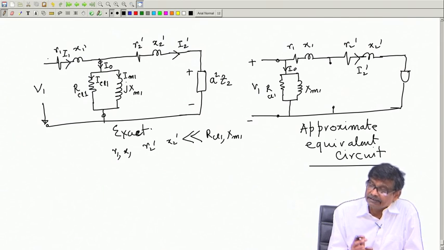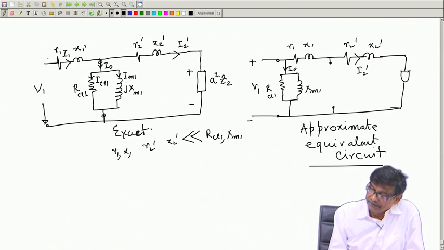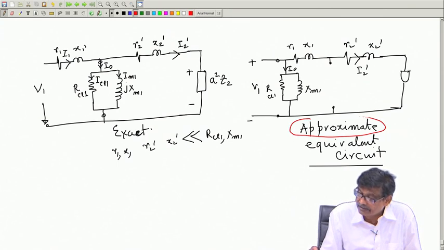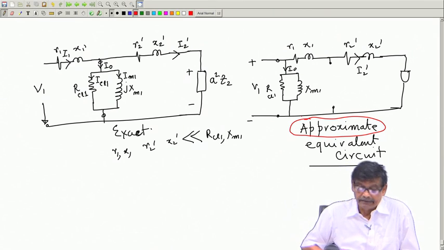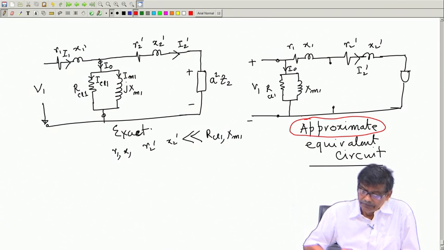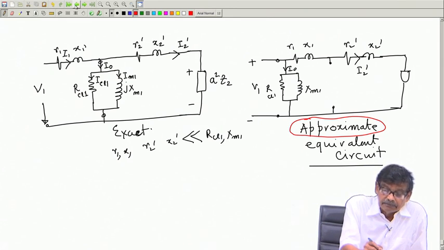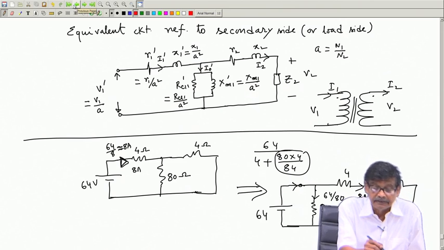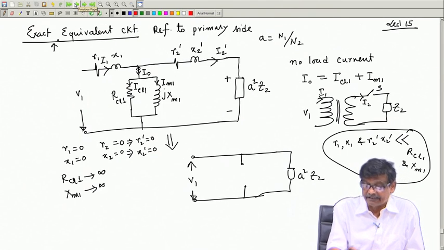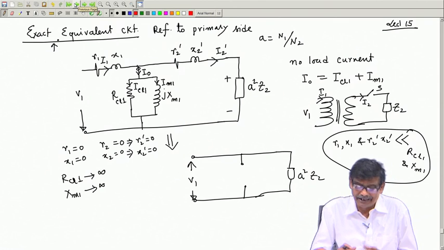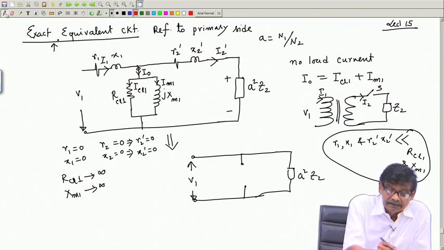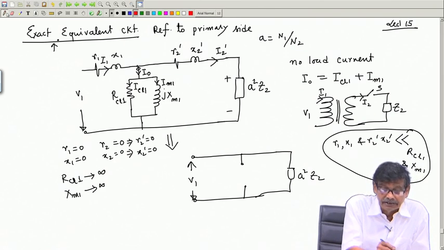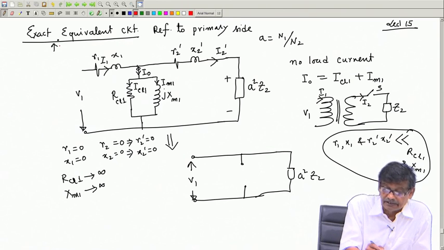Once you draw the circuit like this, this is the key word, approximate equivalent circuit, which we will refer to in almost all cases. Now, I will come to the phasor diagram, which I have not drawn for this circuit. You in fact can avoid that after learning the approximate equivalent circuit, but nonetheless let me at least draw it for this exact transformer.